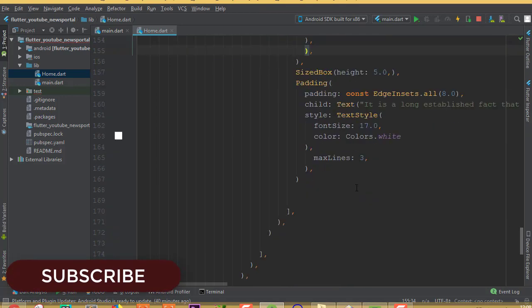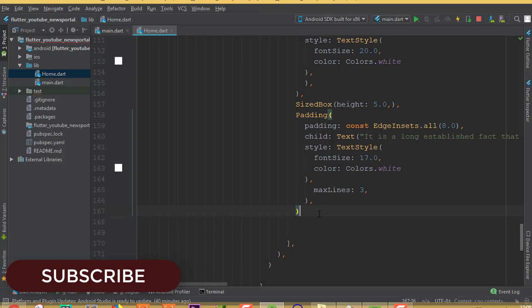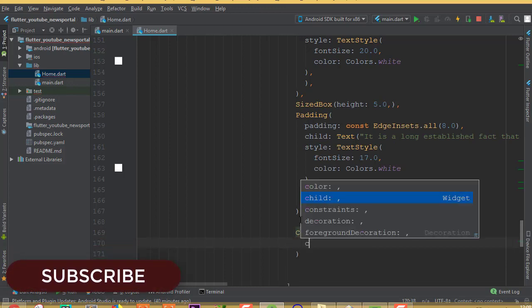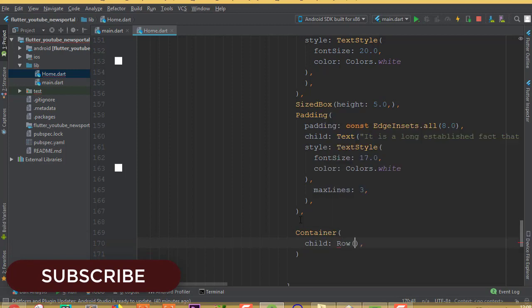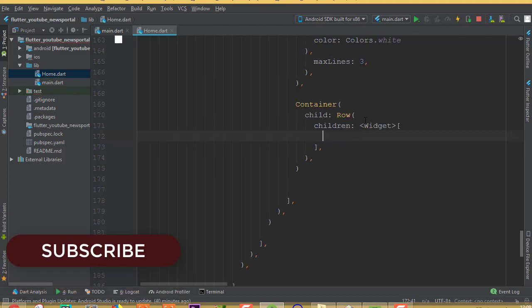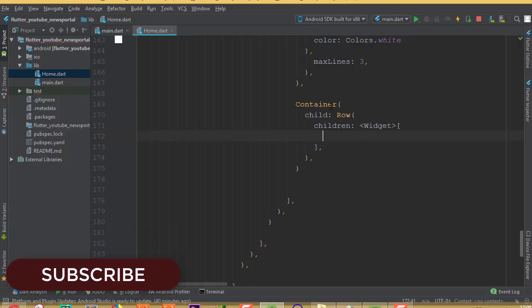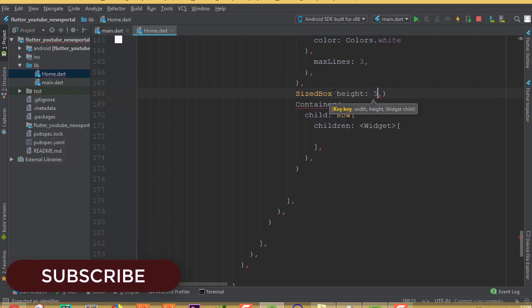All right, so this is our first item, and after this, inside this column, after this text, we need to add another container so that we can add this icon. So container, and inside this container we need to add a child which will be a row, and inside this row we need to add children of widget. The reason why we need to add a row here is because if you look at here, we have an eye icon, and then this views text. Therefore we need to use a container, and then we need to add a text. Okay, so we can add a size box here. So add size box, and we can say height is going to be 5.0,